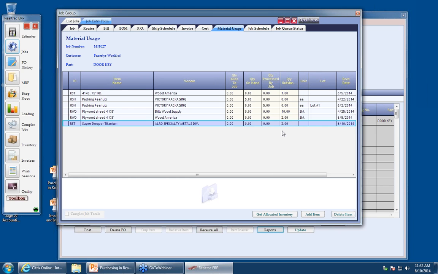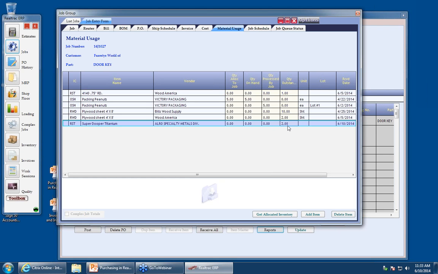So I'm going to pretend that my 2 units for my job are about to arrive, and I'm going to receive those. Before I do that, though, I am going to step over to my job here, 1027, and just see what's going on with that job. So my 2 units are for job 14J1027, so let's take a look at that job really quick. So if I go into my job screen and search for 14J1027,